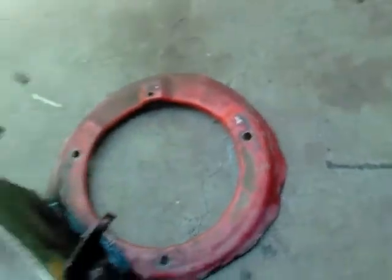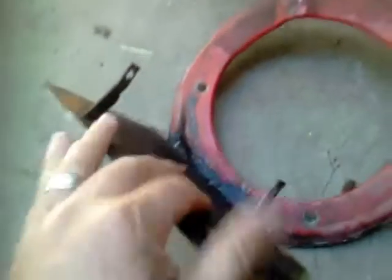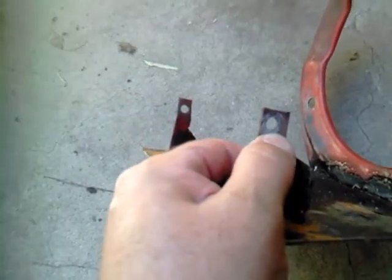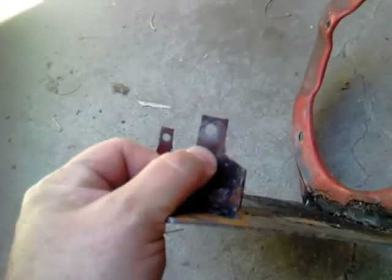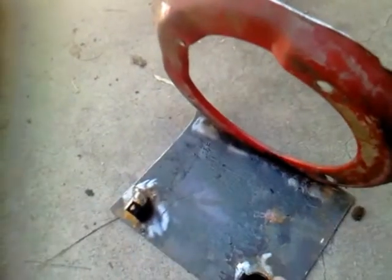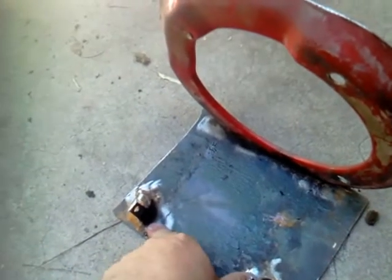And here's my setup. These little tabs were mounted and cut, and a little welding, and it's pretty stable when it's running. Just need to drill a couple holes to bolt it